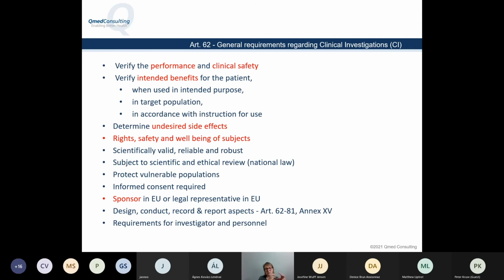If it's an early stage study, you can actually argue that you do not need a statistical rationale, because you will later on, after the 10, 12 patients, conduct a larger study that is scientifically valid. But then you explain that in your protocol. Then